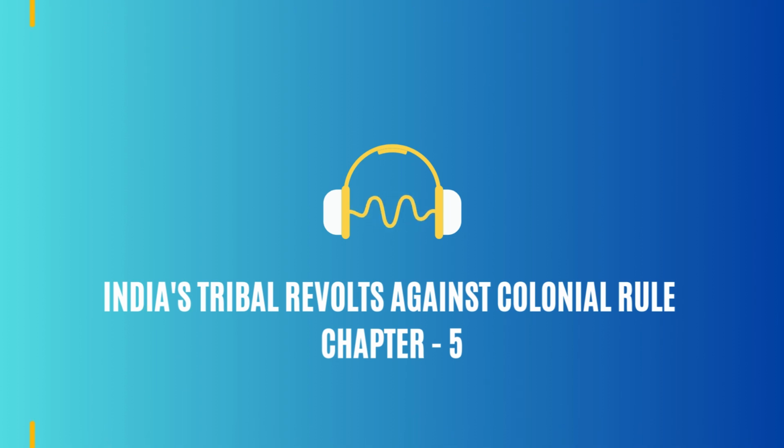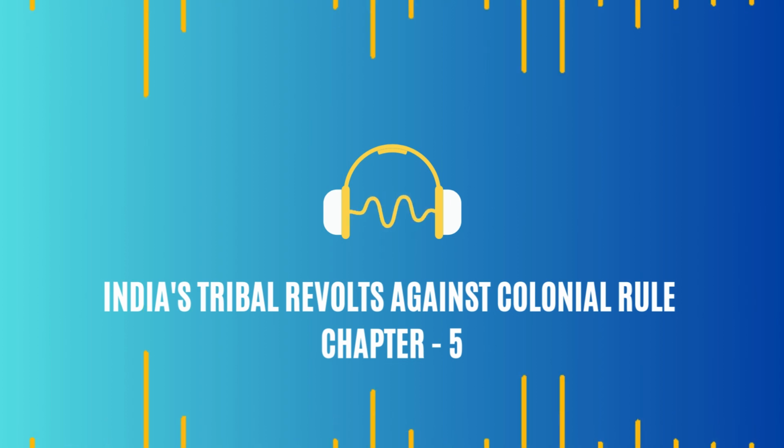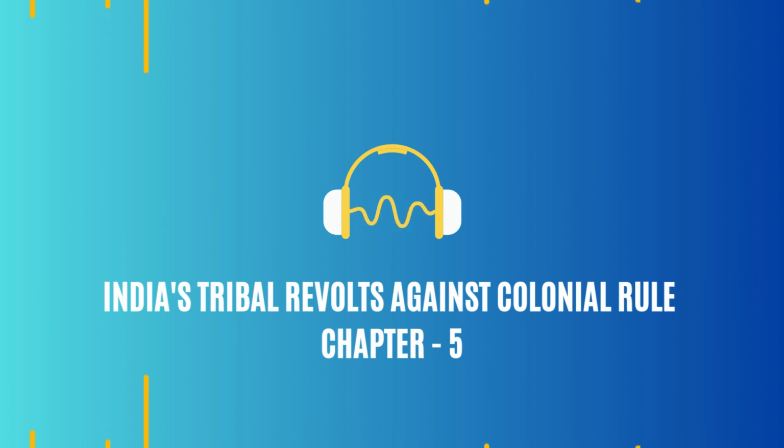Sadly, Chakra Bisoi disappeared in 1855. Another leader, Radha Krishna Dandasena, was captured and hanged in 1857. With their leaders gone, the movement faded, and the British took control again. Another sad example of colonial suppression. It is. But the Khand uprising, like all these revolts, reminds us of the human cost of colonialism, the clash of cultures, and the enduring spirit of resistance. Important to remember these stories and the sacrifices these communities made.